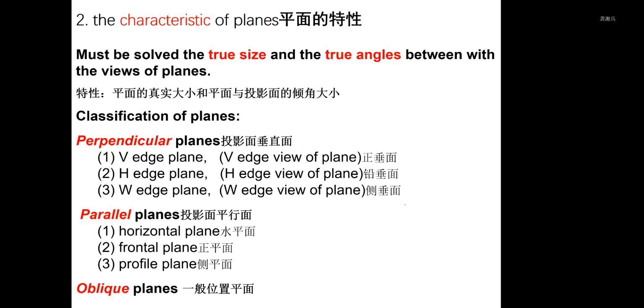projection plane, which means those planes are parallel to the projection plane. So the names are a little bit the same, but the difference is there is no projection here. Another one is the oblique plane. All the projections on the three projection systems are planes, so we call this one the oblique plane. Then we go to the details for this